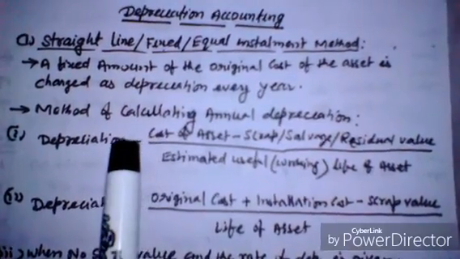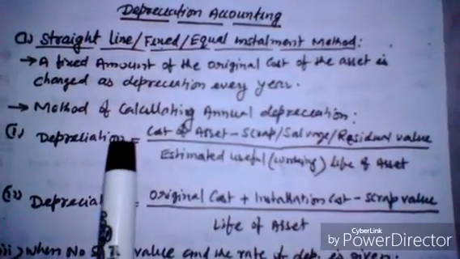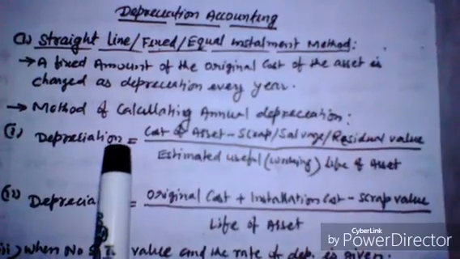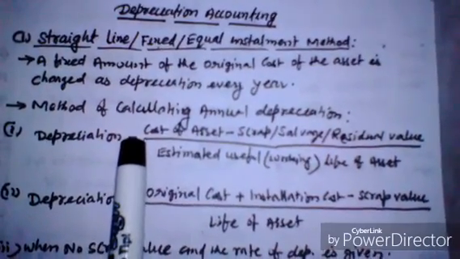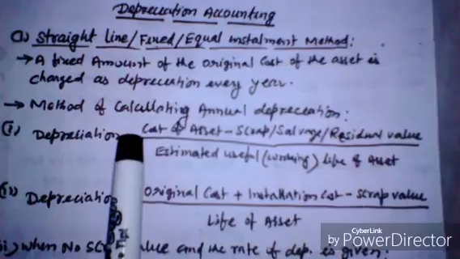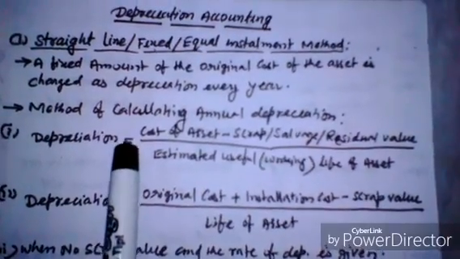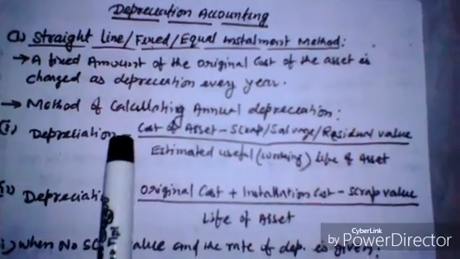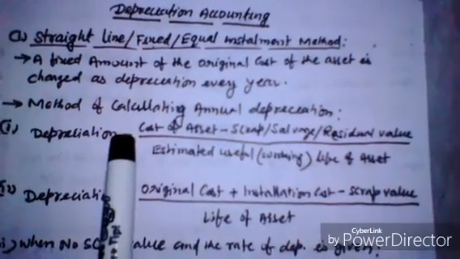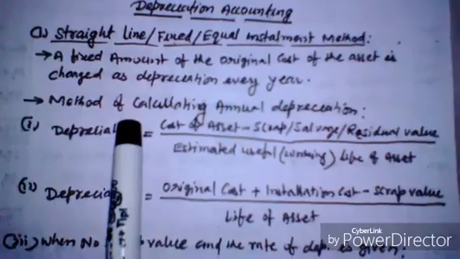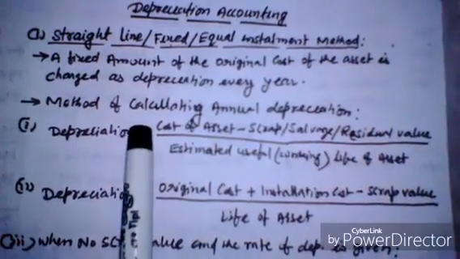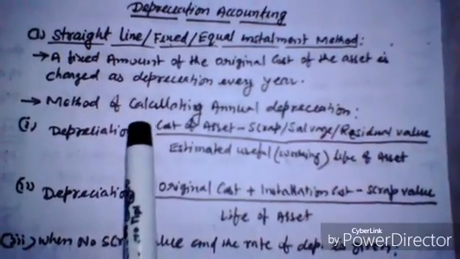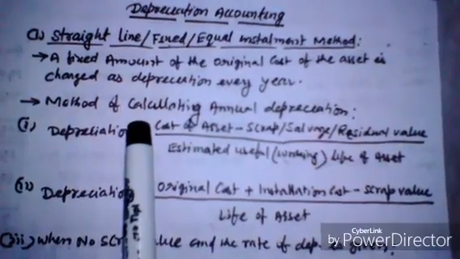According to this method, a fixed amount of the original cost of the asset is charged as depreciation every year. Since the amount of depreciation to be provided is fixed, it is called the fixed installment method. It is also called the straight line method because the depreciation is calculated in a straight way on the original cost